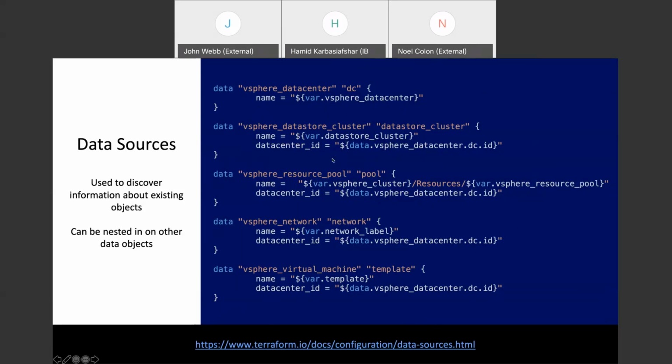So the same thing with resource pools, right? We need to create something in a VMware resource pool. We can get the information about that resource pool by passing it that data center ID that we looked up earlier. So then when we create a resource, we would reference that resource pool in the same way, vsphere_resource_pool.pool.id. So it's a really powerful way to look up all that metadata